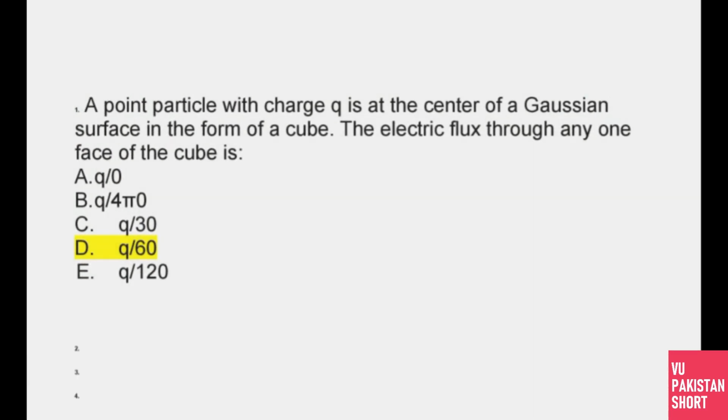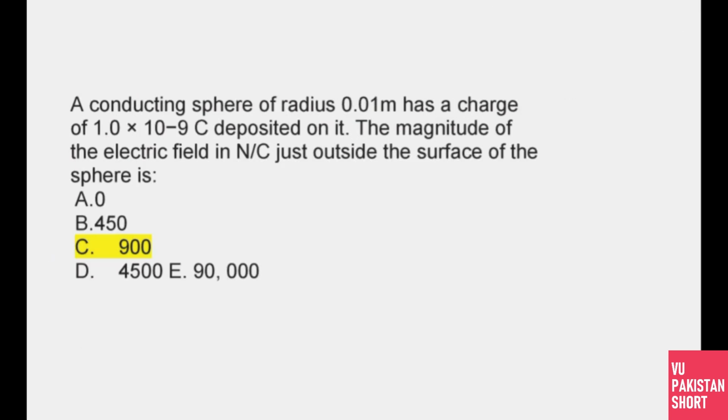तो पहला MCQ है, a point particle with charge Q is at the center of a Gaussian surface in the form of a cube. The electric flux through any one face of the cube कितना होगा? वो होगा ऑप्शन नंबर डी, Q/6ε0 होगा।